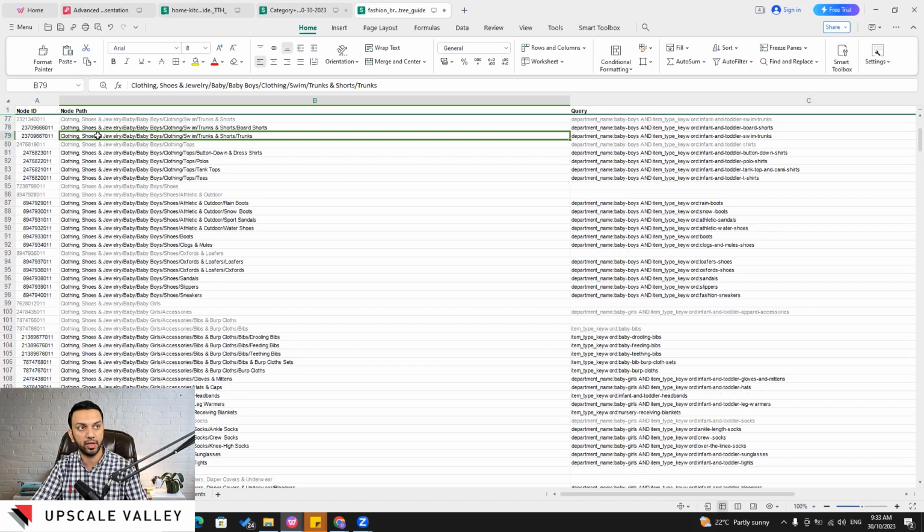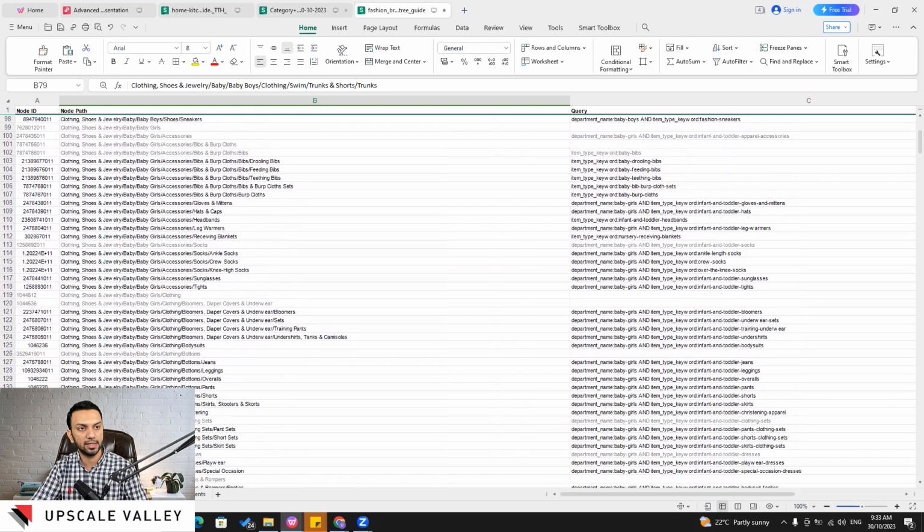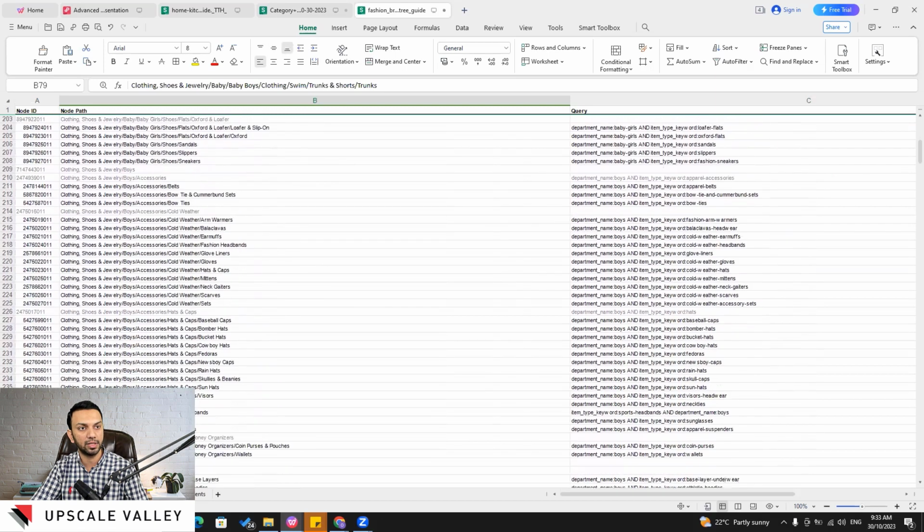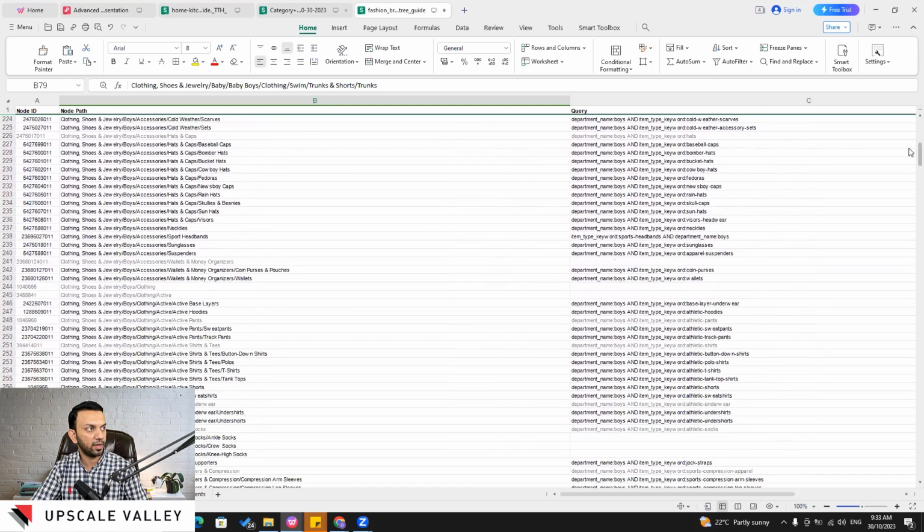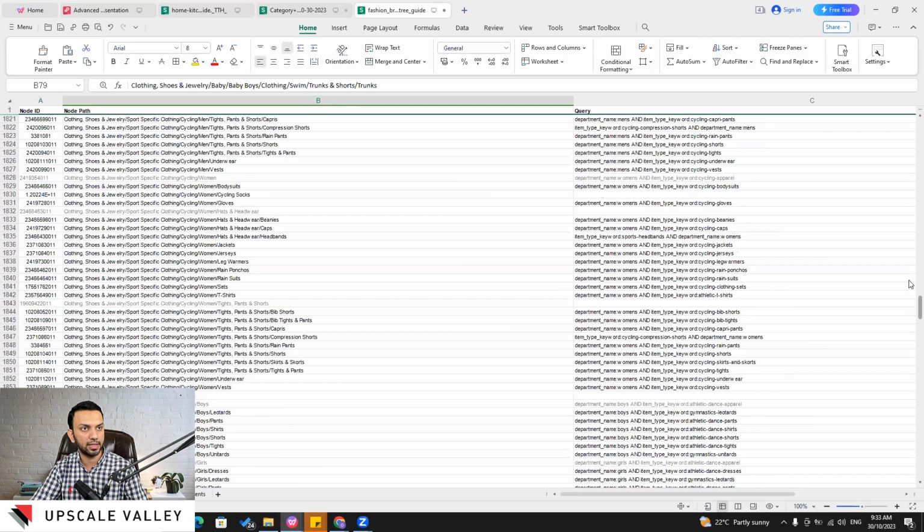You need to identify what is the right node path for your product, and this is basically the browse node as well. So you can say that node path or browse node, kind of similar stuff. But then again, this is the third part, but we'll come back to this part later on. So if I take an example of a product, let's say,